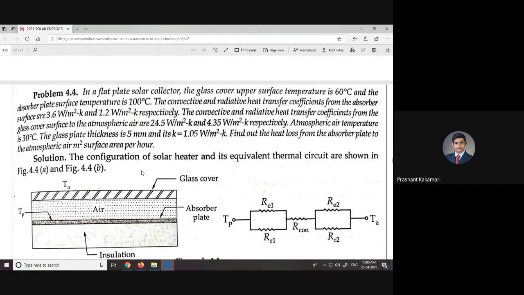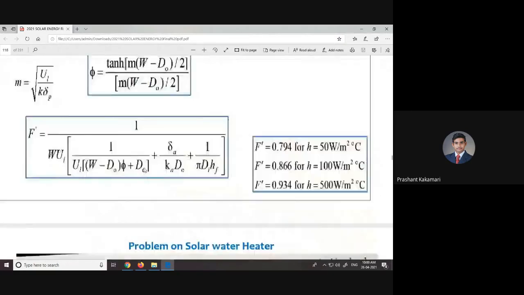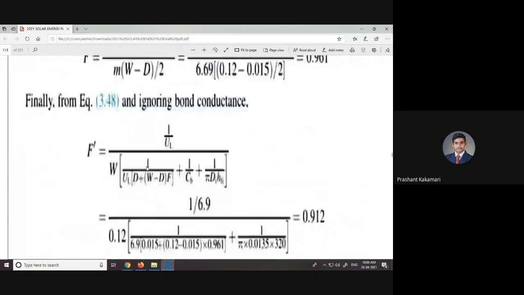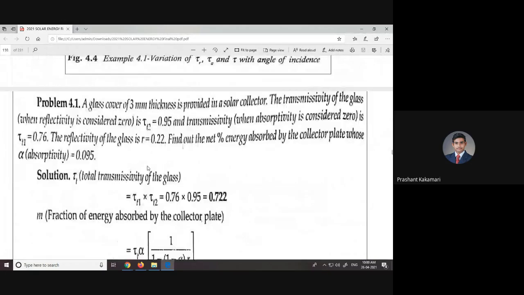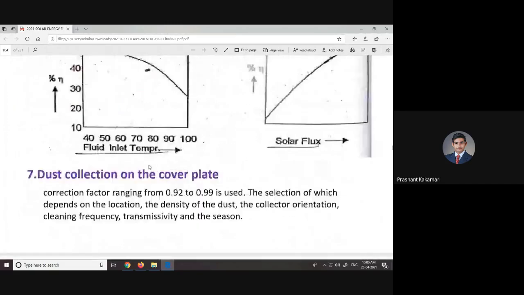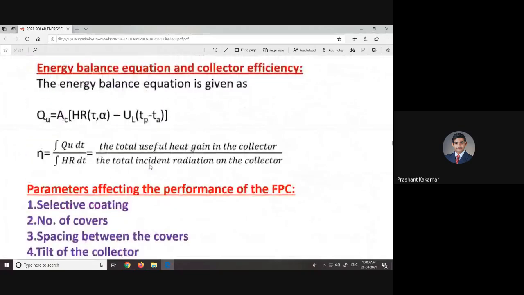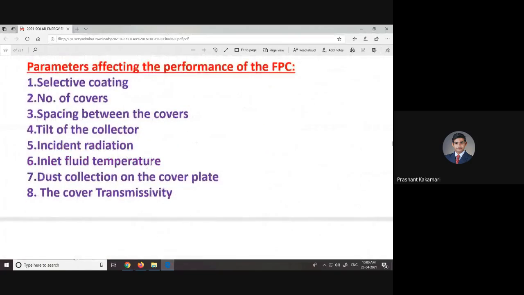Okay. So after this, we'll just revise this parameters affecting. This is a very important topic, theoretical part. That's the last part of this liquid flat plate collector unit. So coming to that parameters, I'll just glance these all parameters affecting the performance of flat plate collector or the